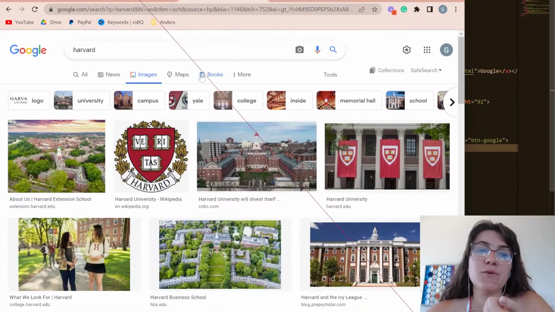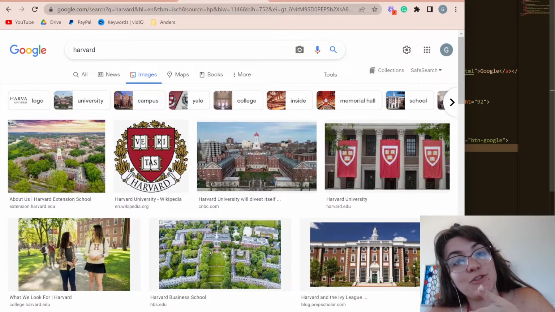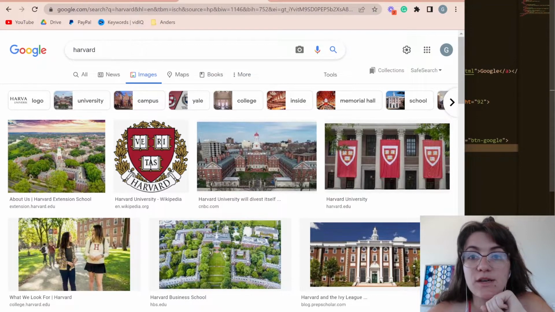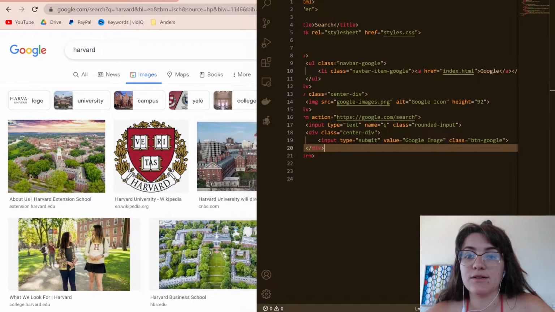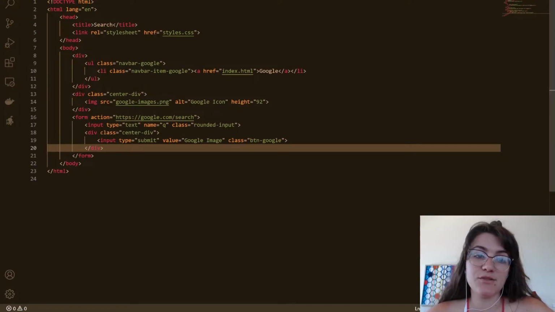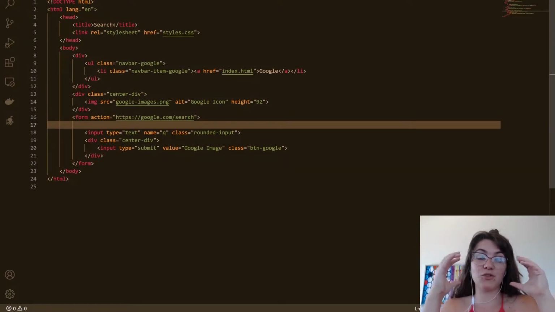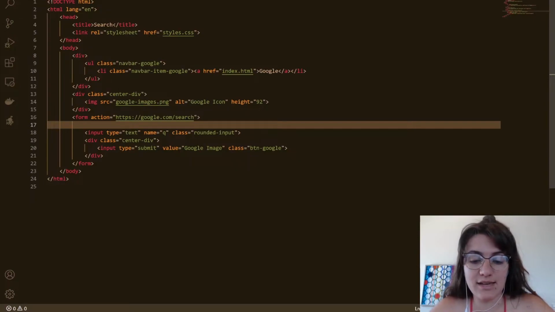So basically this will be the trick to know that we're doing an image search and not a Google search. Okay, so how we're gonna do this? We have in our code, we are able to add here an input type hidden. So this input type hidden will be a hidden input. It's not gonna show up in our page. And we can give this name tbm, and the value isch. So here we're gonna create